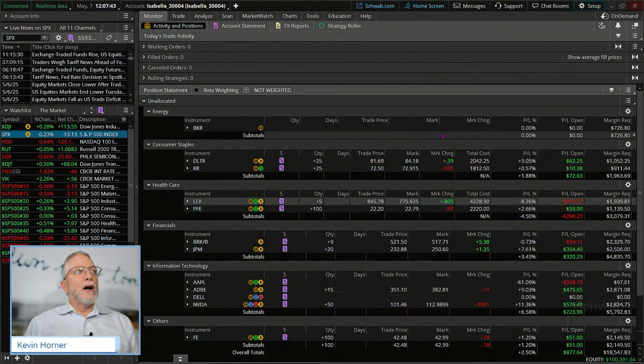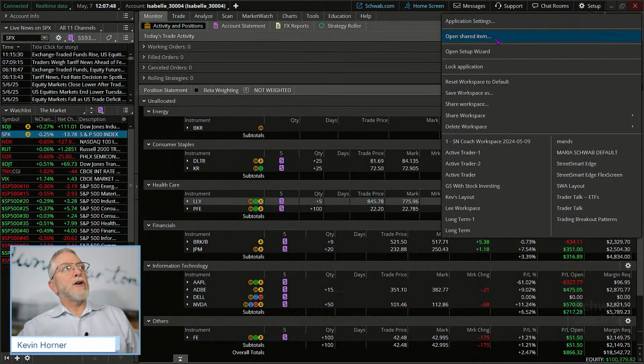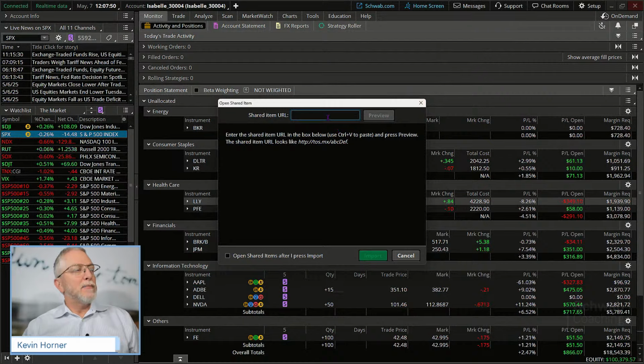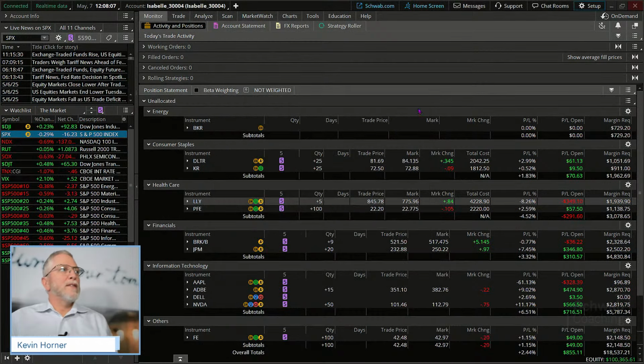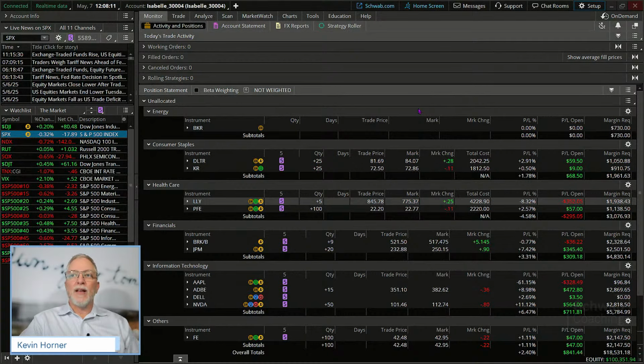And then when you log back on, you're going to go into setup and open shared item, and then you'll paste that right here. By pasting it here, you access it, it'll open up for you, and you'll be good to go. So I hope that's helpful. That will make your process of migration from paper money to live money a little bit easier on you. Again, I feel like the more times you do something, the faster it'll absolutely work out.